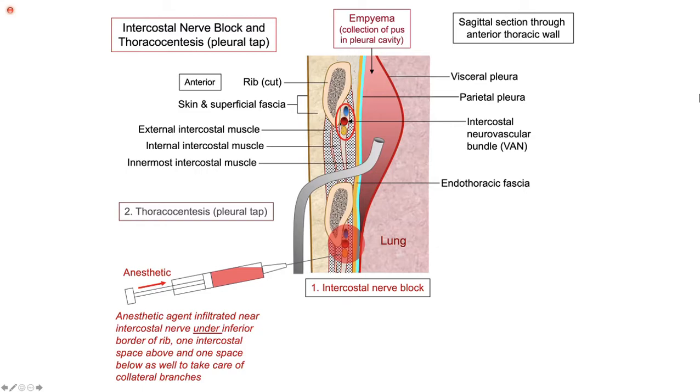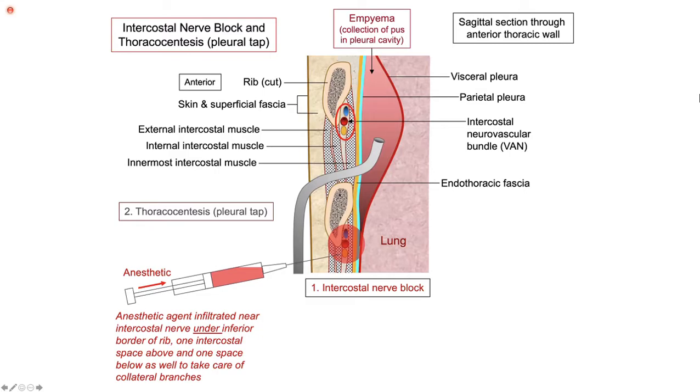The area where we have to go, let's say this is the fourth intercostal space on the right side. So the rib above, the upper border of the rib, I'm going across the upper border of the rib. What happens if I go from here? I may damage, I may cut these neurovascular bundles and I'll cause more trouble.